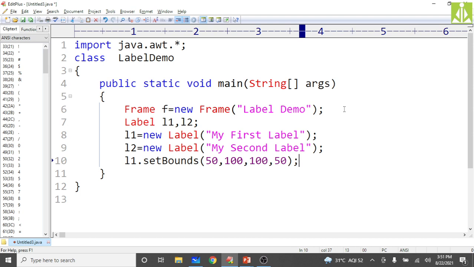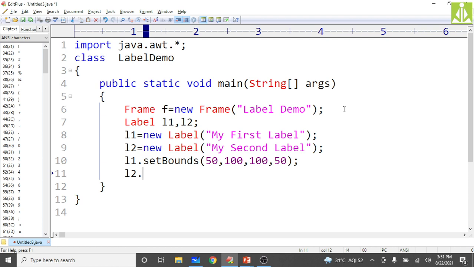Then do the same thing for L2 also. Here, if you give the same coordinates, what will happen, both the labels will overlap, isn't it? That we don't want. We don't want the labels to be overlapped, rather they need to be printed one by one.